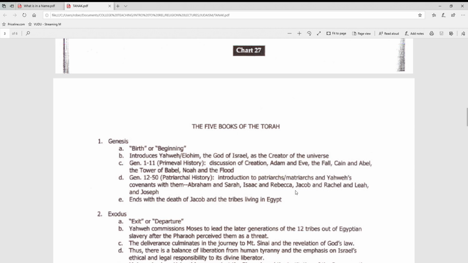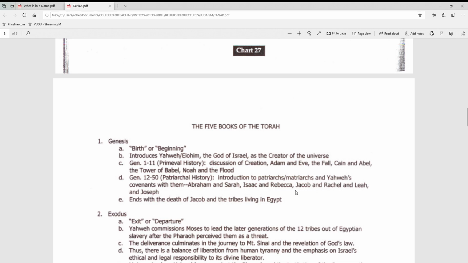Genesis 12 through 50 is patriarchal history. Genesis 12 begins, boom, right with the call of Abraham. And it continues down with his wife Sarah, their son Isaac. Isaac marries Rebekah. They have Esau and Jacob. Jacob has the 4 wives, Rachel, Leah, and their 2 servants. And with those 4 wives, he has 12 sons, with Joseph being the most favored and obviously the one that